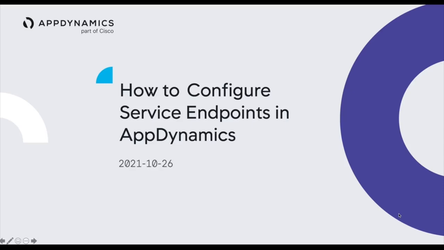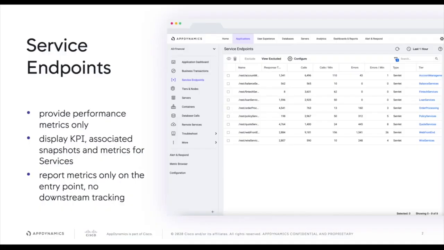In this video, I would like to show you how to configure service endpoints in AppDynamics. In complex, large-scale applications, you may need metrics on specific services instead of metrics across an entire business transaction or entire tier. You can use service endpoints to obtain performance metrics for your service, so you can focus on information important to you. Using service endpoints, you can define a set of entry points into your specific service to